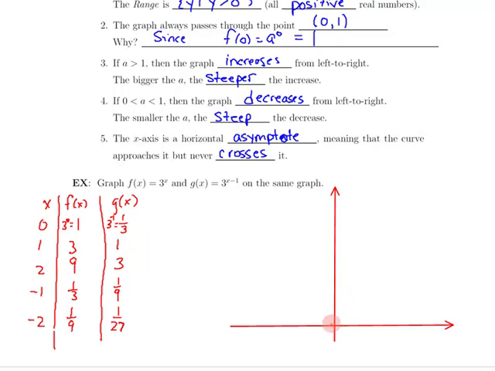So at x equals 0, my first curve is at a height of 1. At 1, I'm at a height of 3. And at 2, I'm at a height of 9. 3, 4, 5, 6, 7, 8, 9, which is right here. And then as I go to the left, I'm going to be at 1/3 and 1/27. And so here's the curve